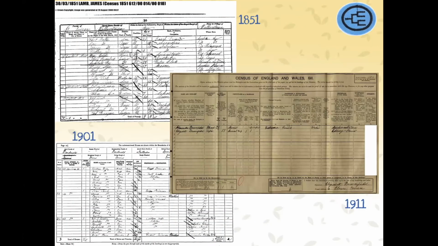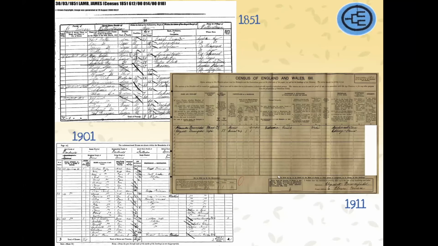I've given you some examples here. 1851, the one at the top, 1901 and 1911. And although you can't really make out what they say, they're pretty much giving you the area in which they were taken, the number and name of the house, the names of the people, whether it was the son, the daughter, grandson, a lodger, what the condition was, were they married or unmarried, what age they were, as a male or a female, what their occupation was, and where they were born. That's all they asked for in 1851.